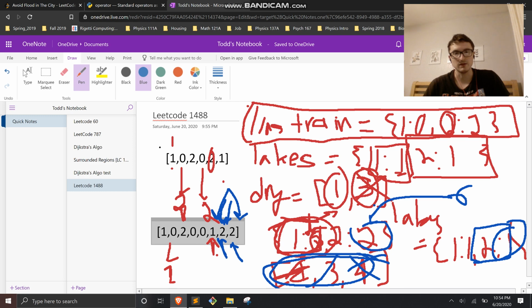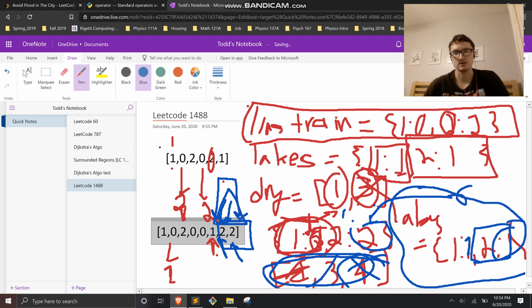Then you need to see if there's a dry day available. If there's no dry day available between those 2 days, it doesn't work. So you're trying to find a patch where there's basically no dry days between them. And that's why you keep track of when it last rained there, and you keep track of the index for the dry days. Another interesting aspect is, when I'm using this lakes list over here,